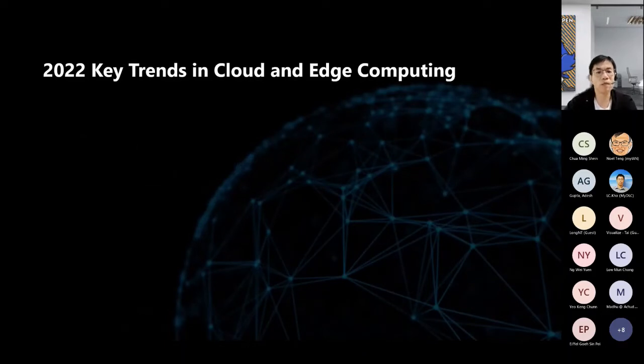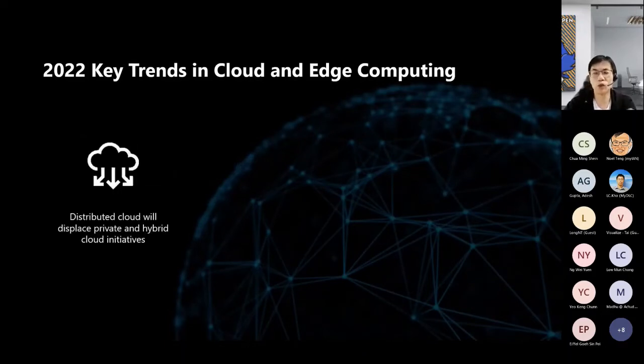Okay, so let's talk about what the trends are like, according to Gartner. So number one, distributed cloud will displace private and hybrid cloud initiatives, and customers don't want separate public and private cloud environments. Customers are deploying on-premises infrastructures that integrate together with their cloud and treat it as one single